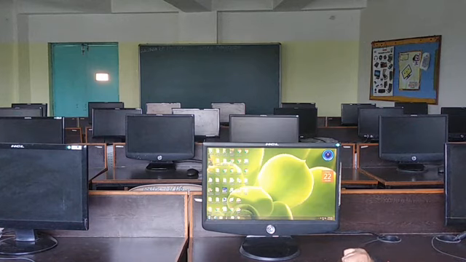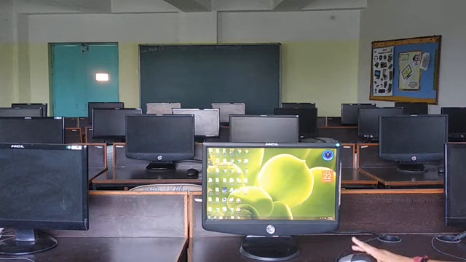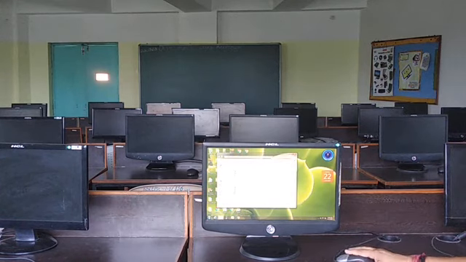And the fourth one is show desktop button. In the most right corner, there is a small button which is called show desktop. For example, if any window is open and you are working on something and you want to see your desktop, you just place your mouse here and click.